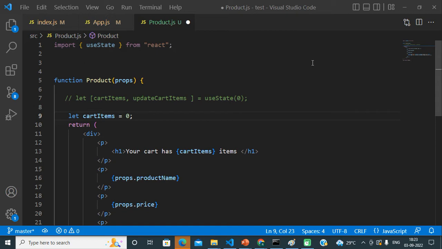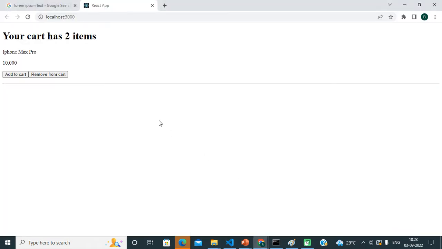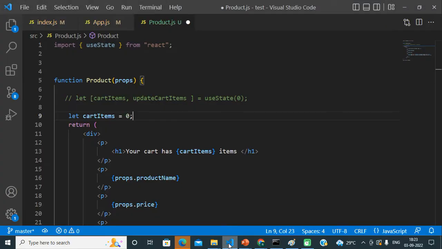Basically friends, today we are going to understand a concept which we left in our previous video. In our last video we were working on this small mini project, where initially we used the concept of useState. We have already used this useState hook, and with the help of that we completed our functionality.